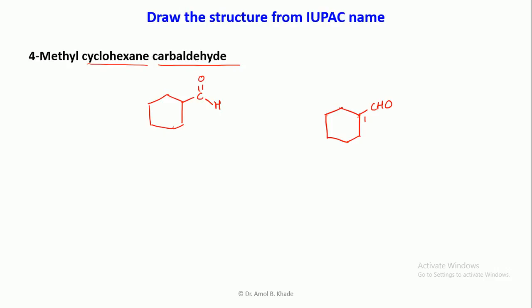So you can go in a clockwise or anti-clockwise way. Let's say I am going in a clockwise way, in this way, 4, 5 and 6. So what is remaining? The substituent is remaining. At carbon 4 we have a methyl. Okay, so now check the structure. The aldehyde group is there, cyclohexane is there, and 4-methyl is there. Okay, so you have drawn the structure, 4-methyl cyclohexane carbaldehyde. Alright,